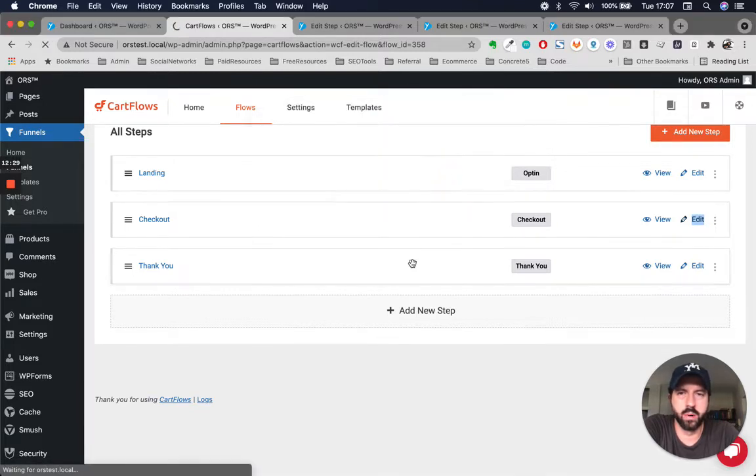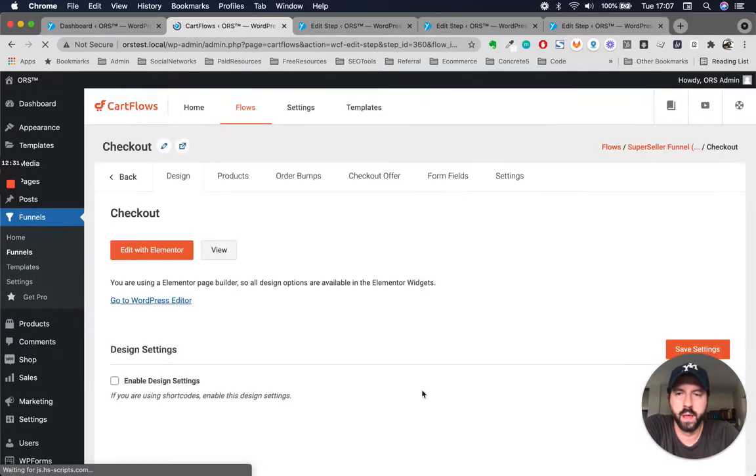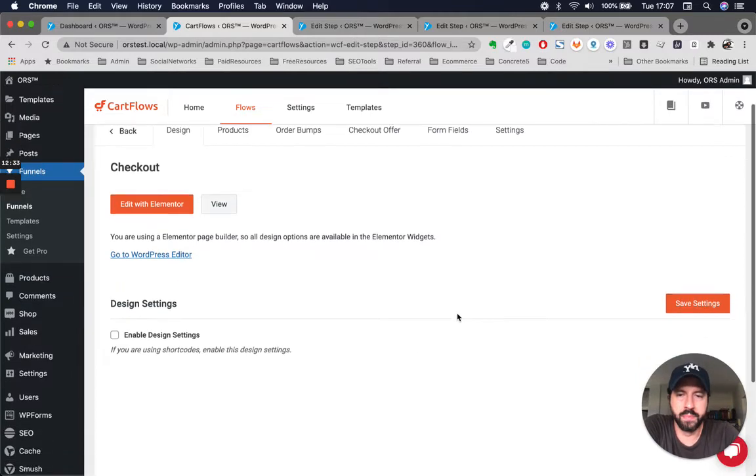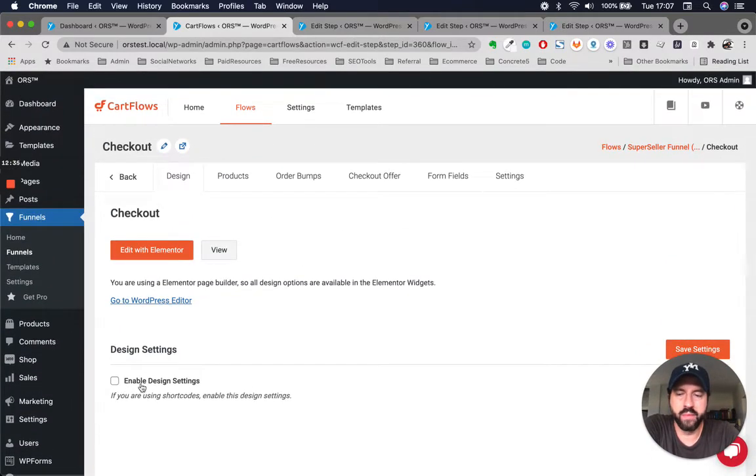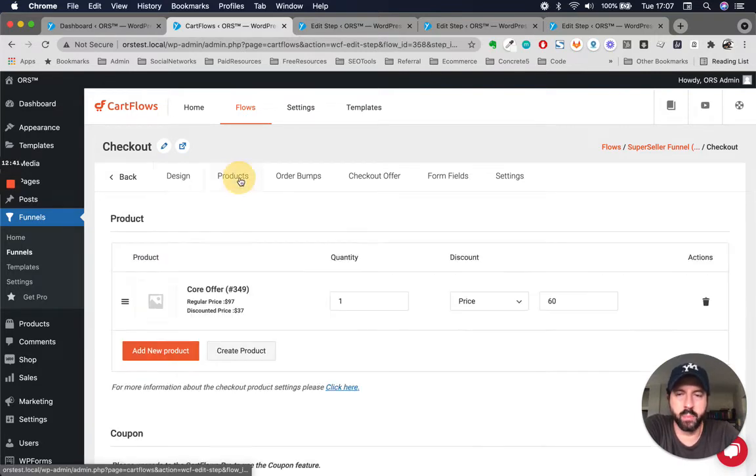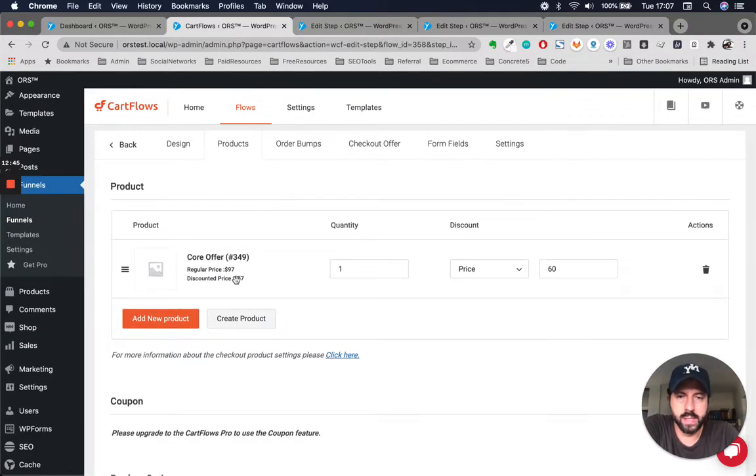Checkout is more or less the same things. Here we have not enabled the design settings because, as I said, we're going to be editing inside here. But what we do want to do is set the product that's connected with this checkout. Now what we did was we chose, well, basically I've already set the first product up for you, but if you wanted to do it